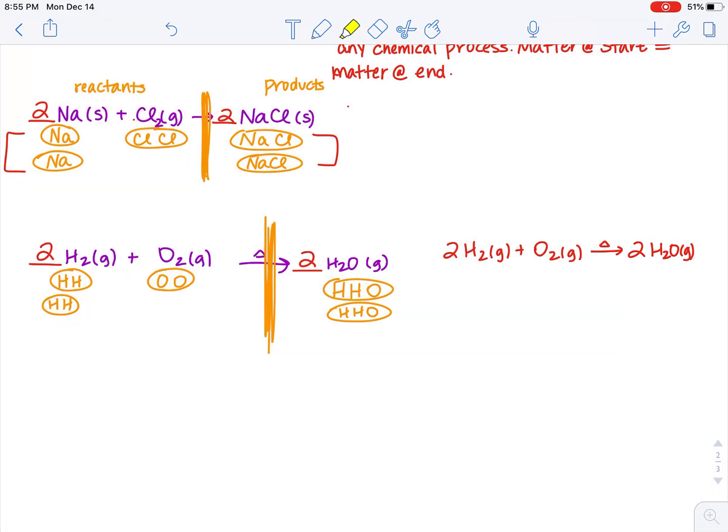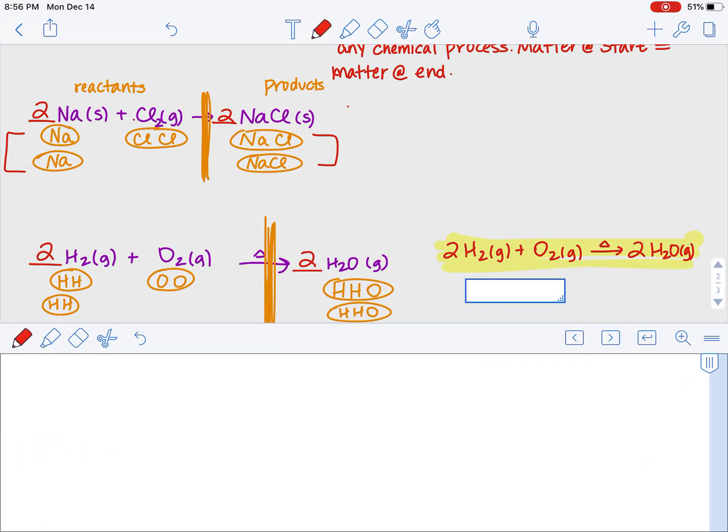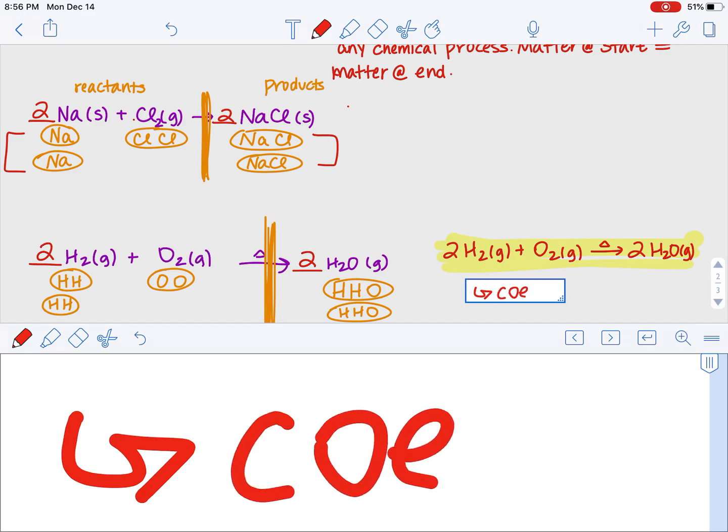This answer, as I have it now written in the red ink, highlighted in yellow, that is the chemical equation. This is the one that is so important to chemists. Just like a recipe to chefs, the one that has the quantities is most important to them. This highlighted version is the most important one to chemists, because now those coefficients